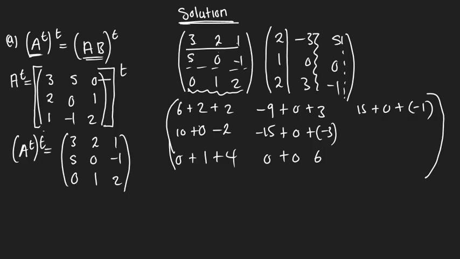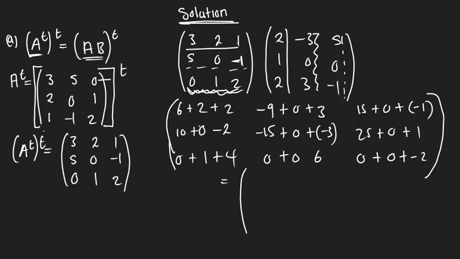5 multiplied by 5, it's 25. 0 multiplied by 0, it is 0. Negative 1 multiplied by negative 1, it's 1. 0 multiplied, we come to this part. 0 multiplied by 5, it is 0, plus 1 multiplied by 0, it is 0, plus 2 multiplied by negative 1 is negative 2. The final matrix